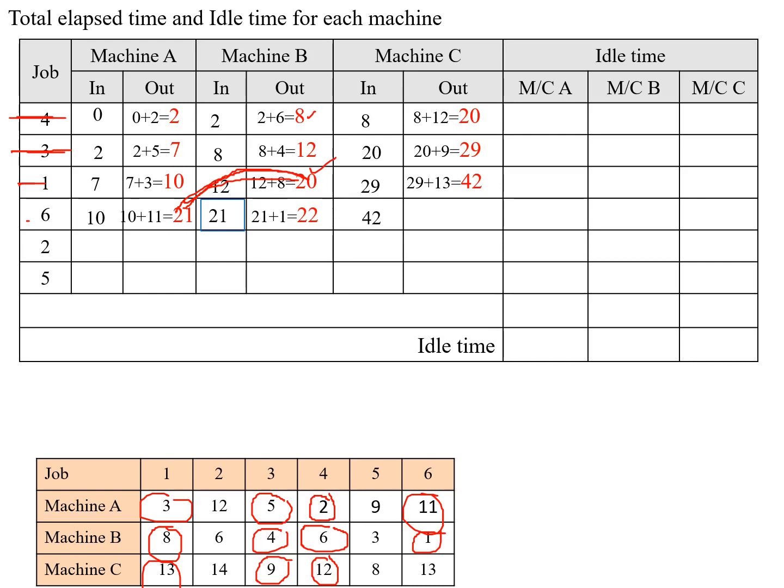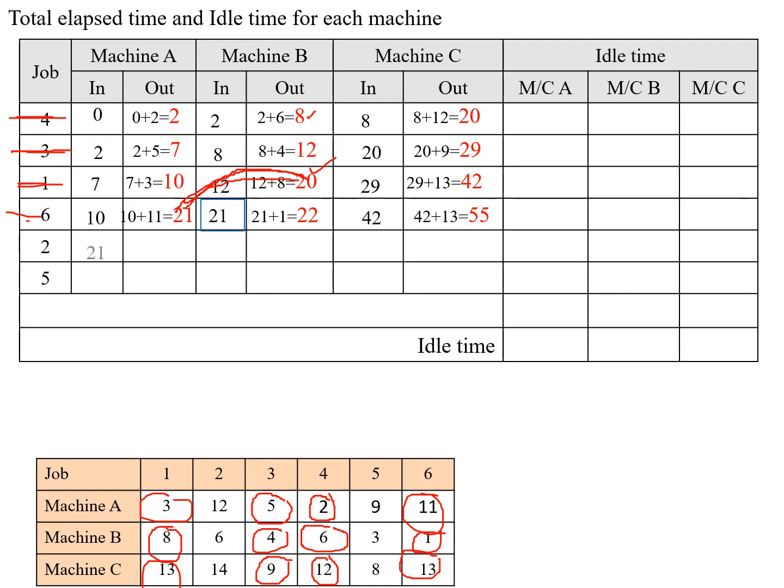So next one is you have to move to the machine C. See here, machine C is fully engaged up to the 42 hours for the job 1. So after the 42 hours only machine C will be free. So after the 42 hours only it will receive the job 6. So in time is the 42 and out time is the in time plus processing time, that is the 30. So total is 55. So next we will have to move to the